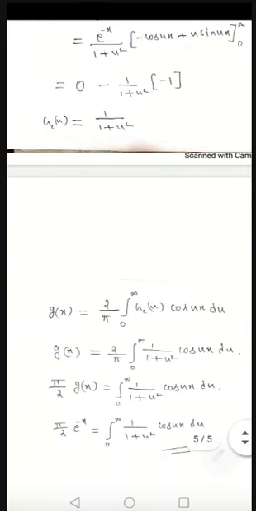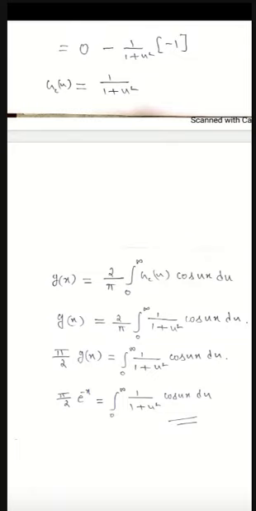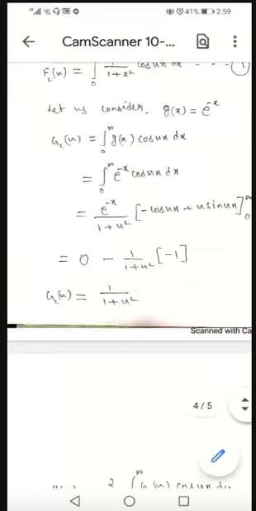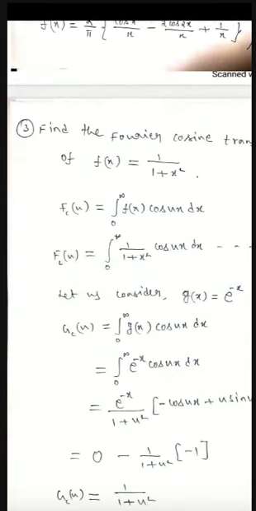So you can see that on the right side, we have integral 0 to infinity 1 by 1 plus u square cos ux, and that value is pi by 2 e power minus x. How can we say that? Because what we need finally is the fc of u value, since it is a Fourier cosine transform. What is that fc of u? fc of u is nothing but integration from 0 to infinity 1 by 1 plus x square cos ux dx. That value we found here: pi by 2 into e power minus x. Right?